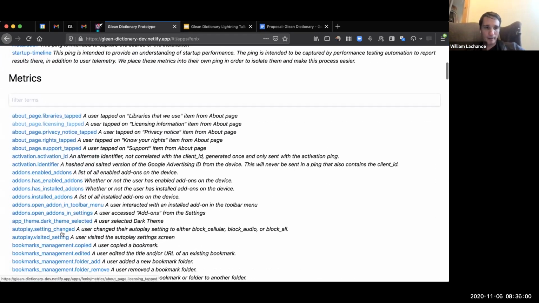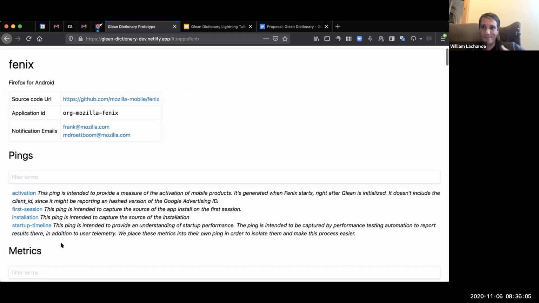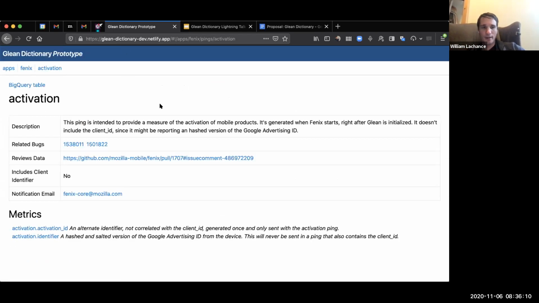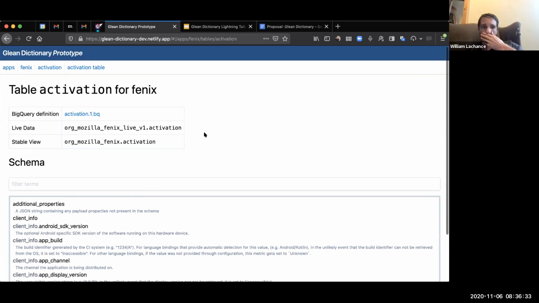This is sort of the domain of the probe dictionary or that type of tool. It's just showing client-side data. But if you click through to a particular ping, you can see that there's this not great looking link right here that takes you through to what the actual representation looks like on the BigQuery level. So there's this clean handoff between what a data model looks like on the client and what the data model looks like in terms of what you actually need to access the data.